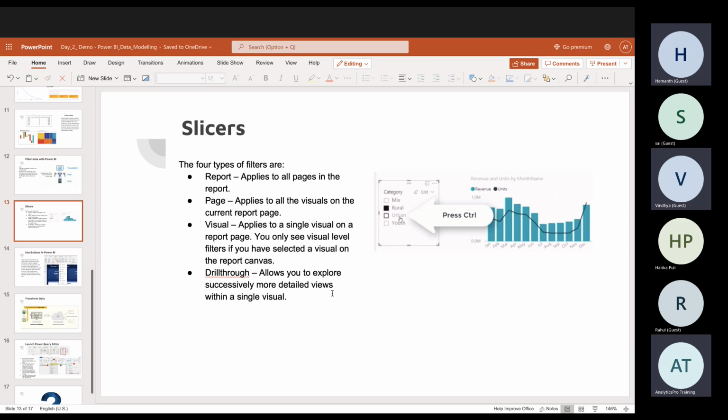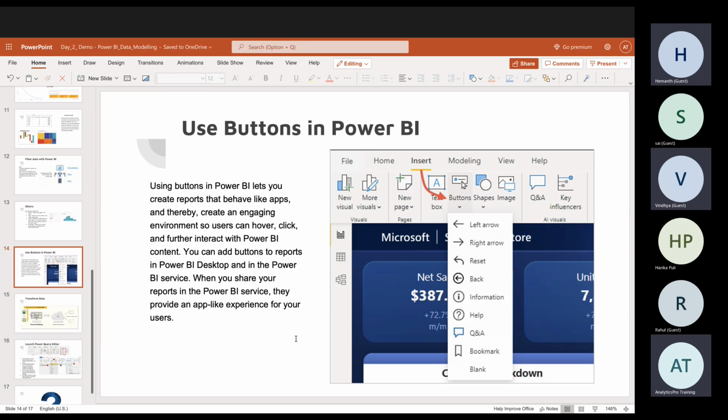When I drill through, I wanted to see months. Now there are 2 scenarios. I can see with respect to year and month, and I can also see only months as well, because months are the same for all years. But a month-year will always be unique, correct? January 2019 is only occurring once. It's a unique one. But January occurring in 19, 20 and 21 is not unique. Correct. So that's how we can go back and drill through depending upon our requirement, to n number of drill throughs, like categories we want to look at.